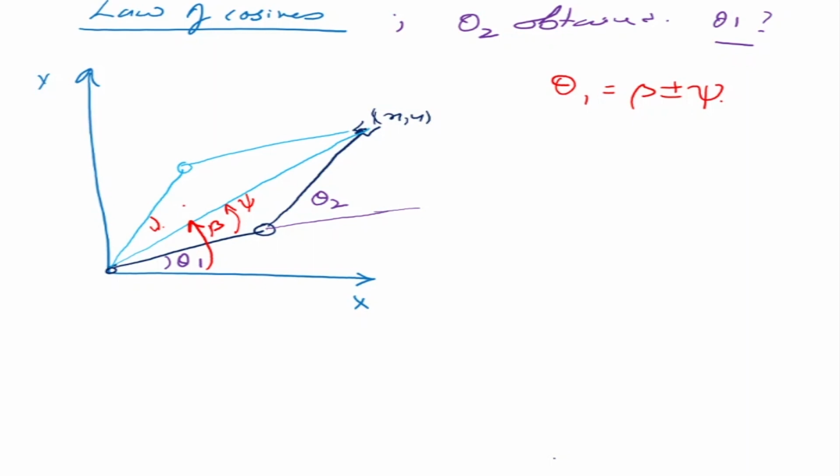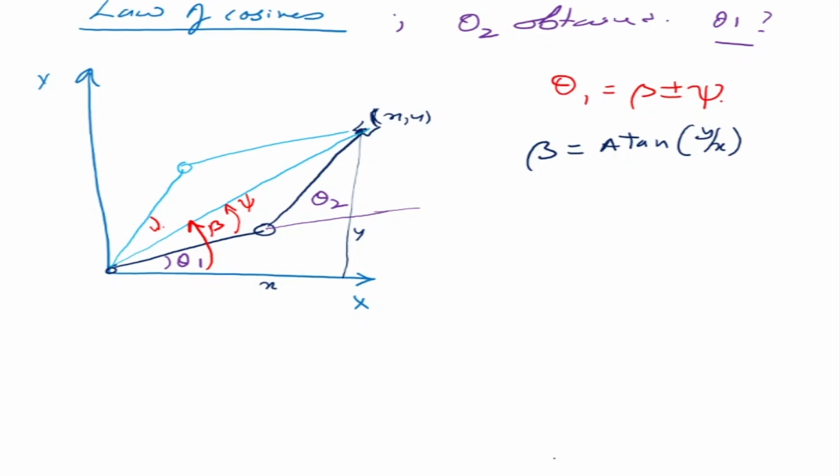Now let us look at the law of cosines. So here, what is the angle beta? Beta is equal to a tan. Beta is this angle, so a tan of xy, the coordinate of this point, is this side by that side. So this is my y, that's my x, so y by x. Okay, so let me write it: a tan y by x. So I've got the angle beta.